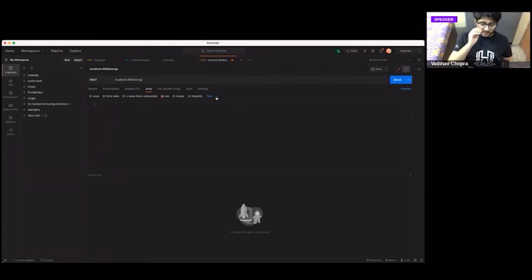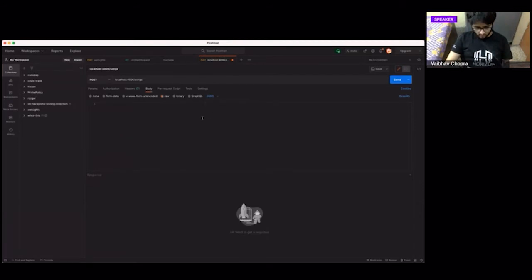The data that we are passing right now to the user is so vast that it will be very hard to enter through a URL. So we have to use the body, and to pass data in the body we have to go on body, select raw, and then select JSON.